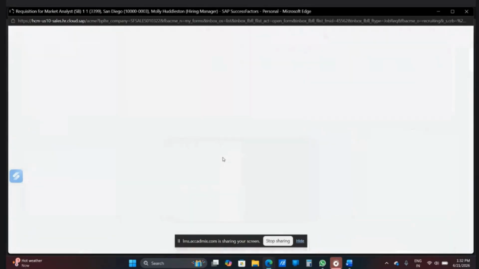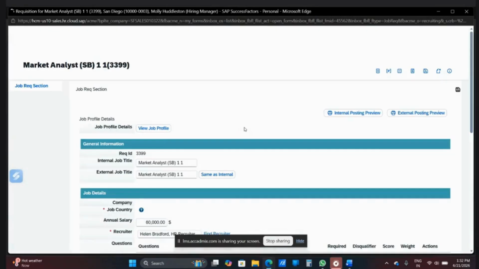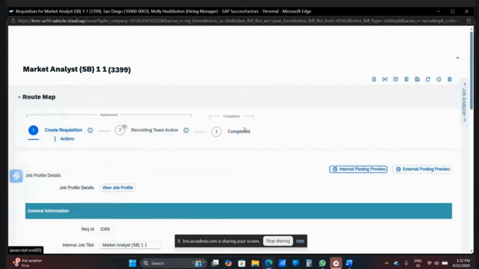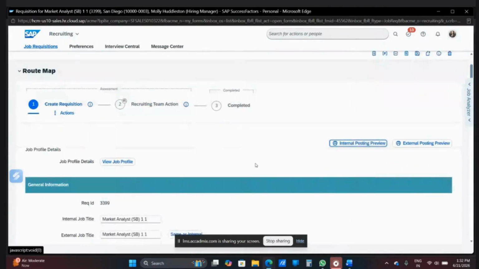But again, you need to understand the difference. I told you that SAP SuccessFactors has different modules. Recruitment is one of the modules, which has information related to the candidates, hiring positions, and statuses. Everything will be under that.